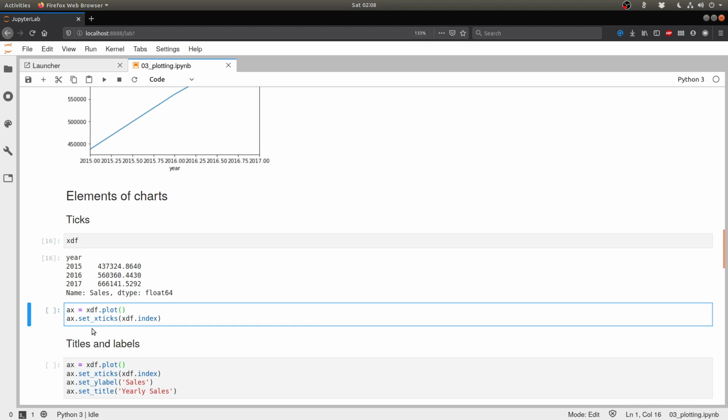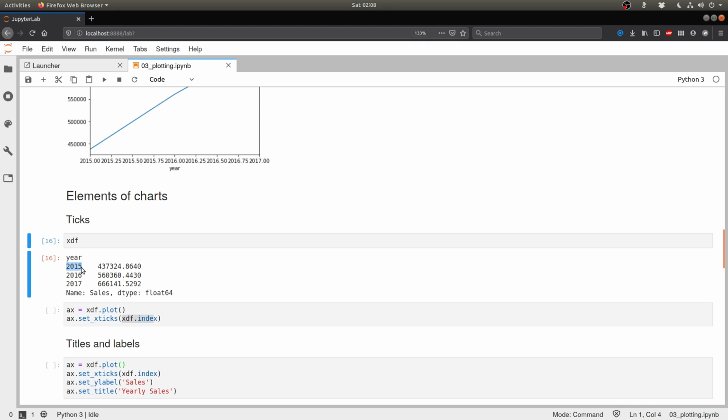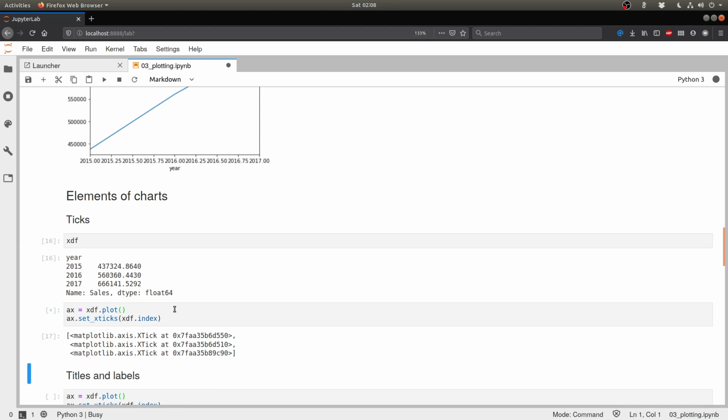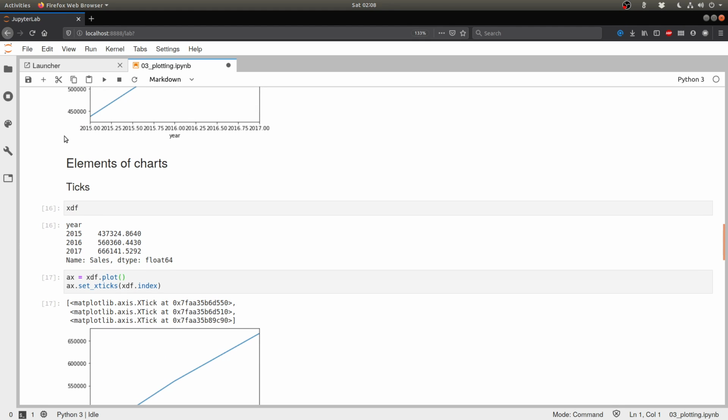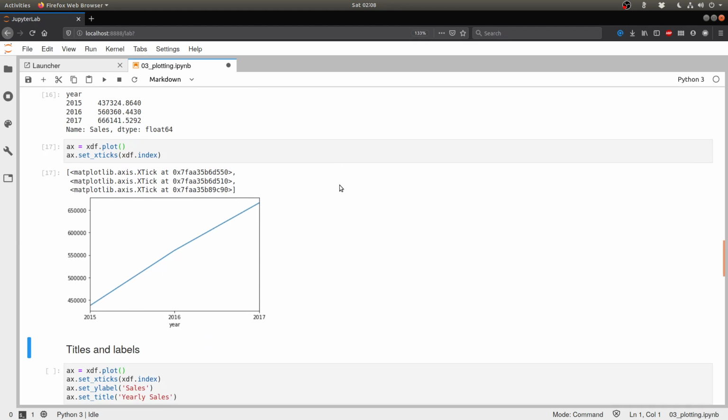So when I draw the plots, I can do a set x ticks, which is set the ticks on the x-axis to the index of XDF. Now the index of XDF is 2015, 2016 and 2017. When I do that, I get the same chart, but this time my x-axis tick labels are a lot more readable. They are certainly not as cluttered and as confusing as this is, right?